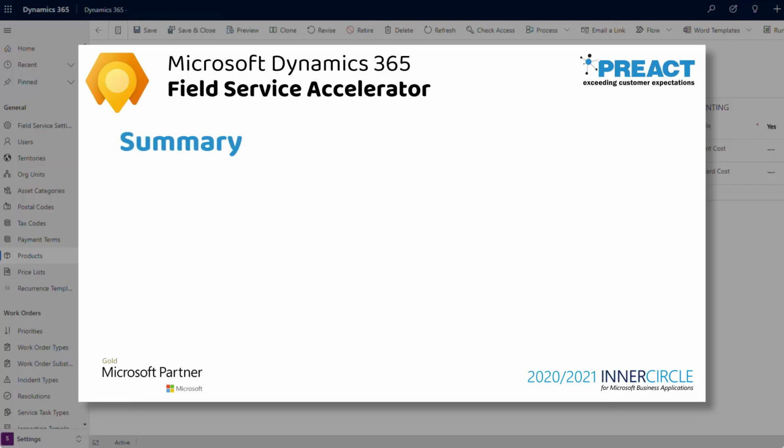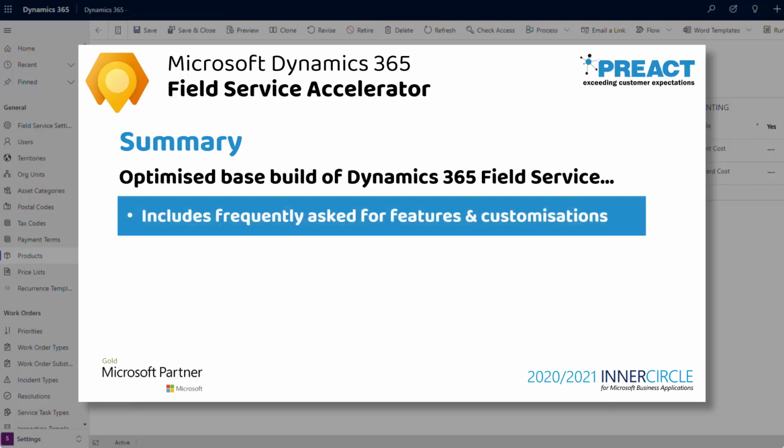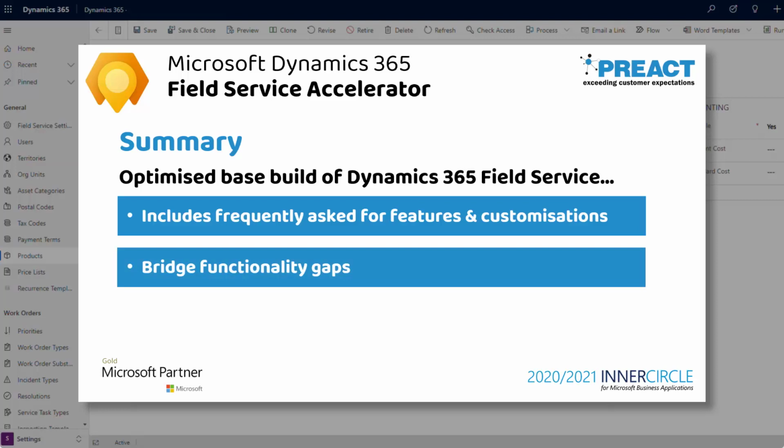So what is Preact's Field Service Accelerator? Well, it's a combination of features and functions that we've put together, either based on common things that we've done for customers over the years, based on things that our prospective customers have been asking for, and then also using the experience and expertise of our field service consultants, where we've tried to bridge some gaps in the